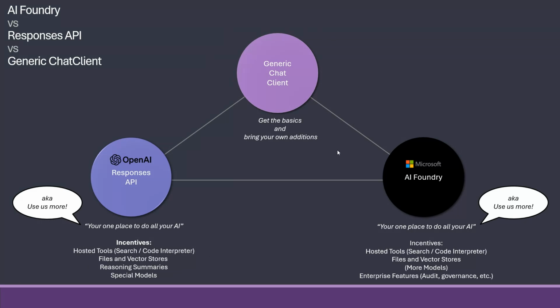Or do you want to go where you can actually pick and choose various different things? I tend to land up here, with sometimes going down here. I find this too enterprisey, but that's a matter of opinion. But let's go in and see the portal and take a walkthrough of it.